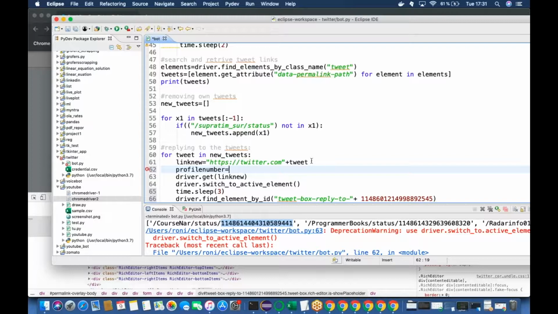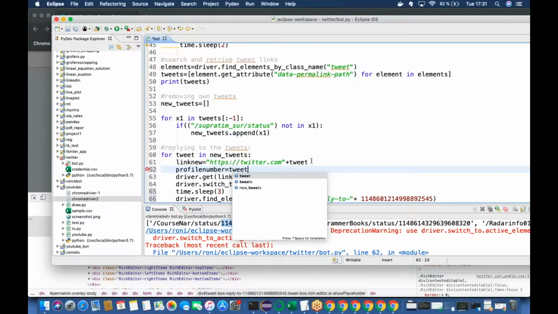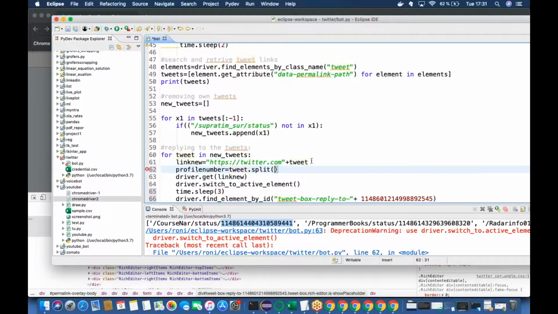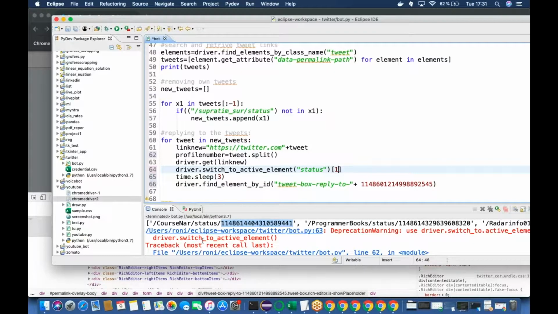So tweet dot split, we'll be splitting using status. Like if we split this thing, one part will be like this part. Let's try this again. Okay, so it will be clear. Well, not sure where I should try. So let's just check this thing on